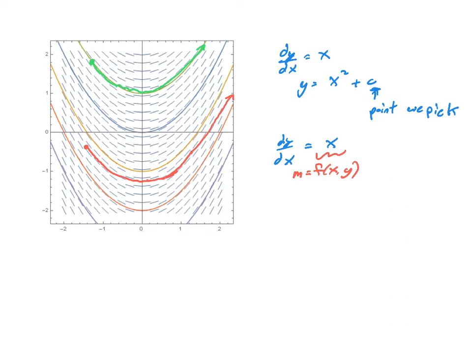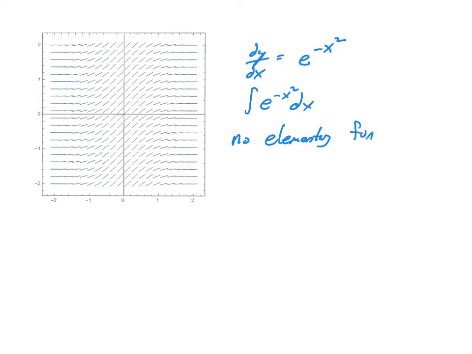So let's take a look at a better example. All right, this is one of my favorite examples. We have dy over dx is equal to e to the negative x squared. And those of you in statistics should recognize that. If we try to integrate both sides, you're going to get the integral of e to the negative x squared dx. And if you punch it in your calculator, which of course really isn't a proof, or you try to punch this in online, you're going to see it gives you some weird answers. But there is an actual proof that shows that there is no elementary function that exists that is an antiderivative of this thing.